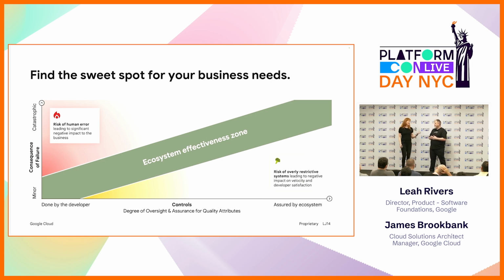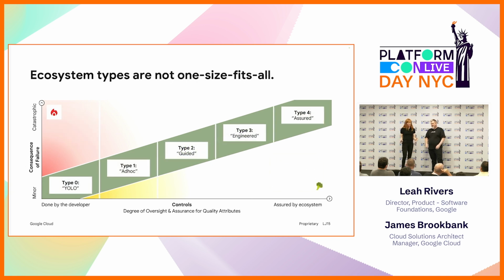Yeah, getting better at getting better. So we keep coming back to that. And even if we're doing a good job, new problems are going to come up. OK, so when problems come up, which they do every day, you can usually tell if the problem exists in the human error risk zone or the broccoli zone. You'll know it by the type of concern or complaint you're getting. So that's not too hard. What is harder is determining where in this sweet spot, the ecosystem effectiveness zone, we actually want to be.